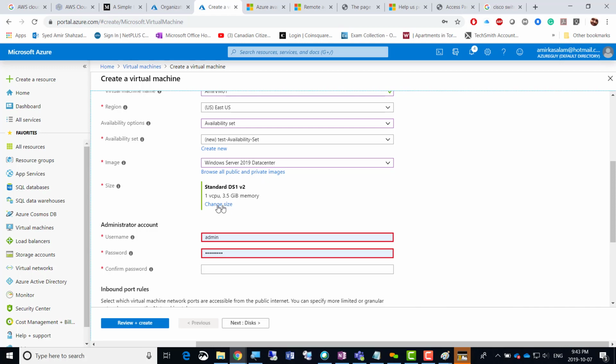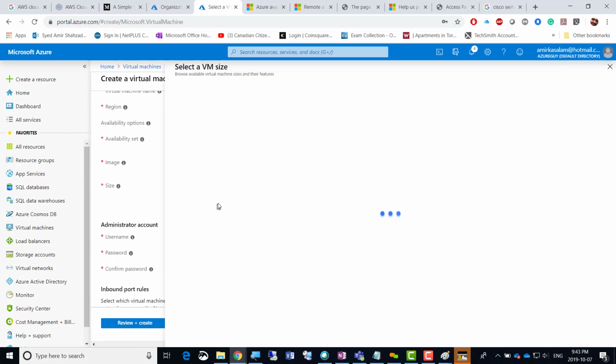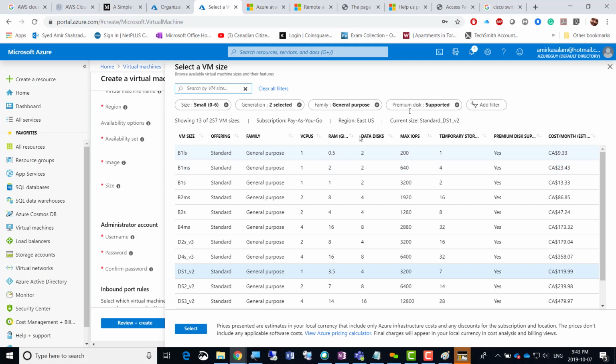And then there's change size. Let's click the change size here. Change size just lets you check which size you want, right? So there is B1S, B1MS, B1LS, and it has 1 vCPU, 0.5 GB RAM, up to all the others. So if you want to go for any of the sizes there, you can just select that machine,